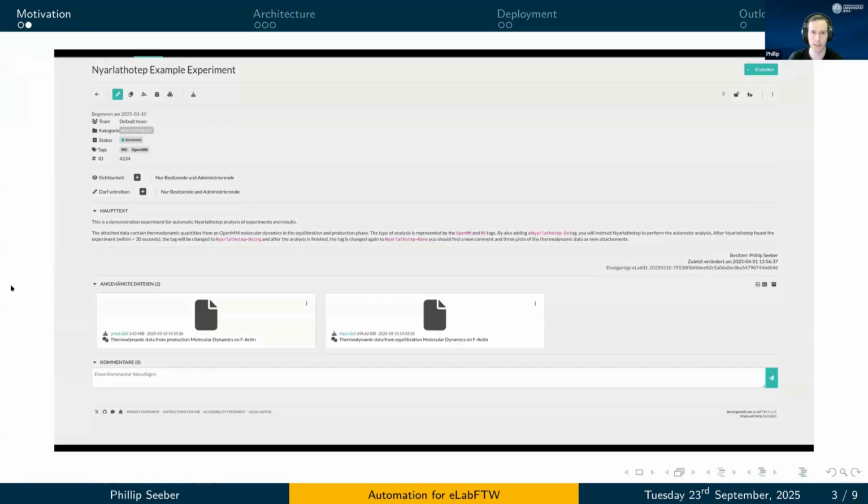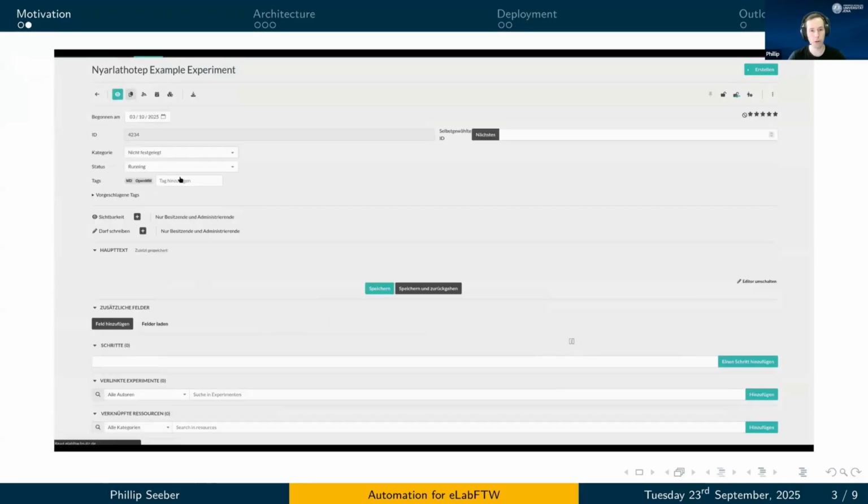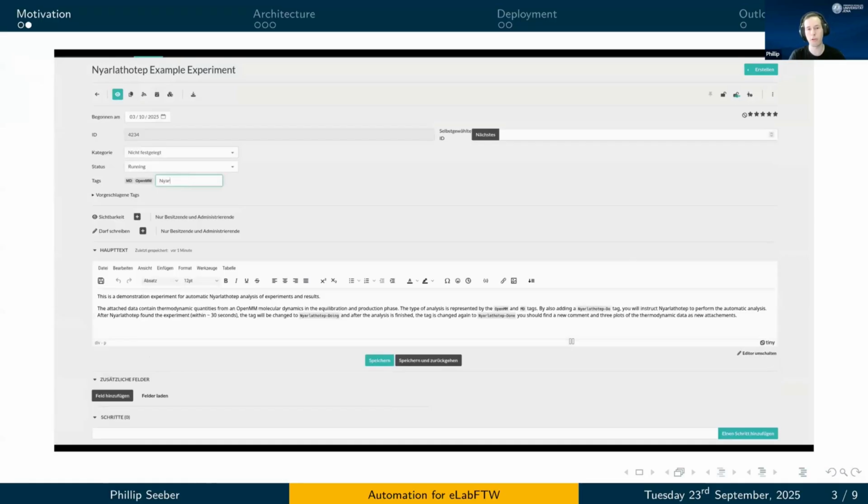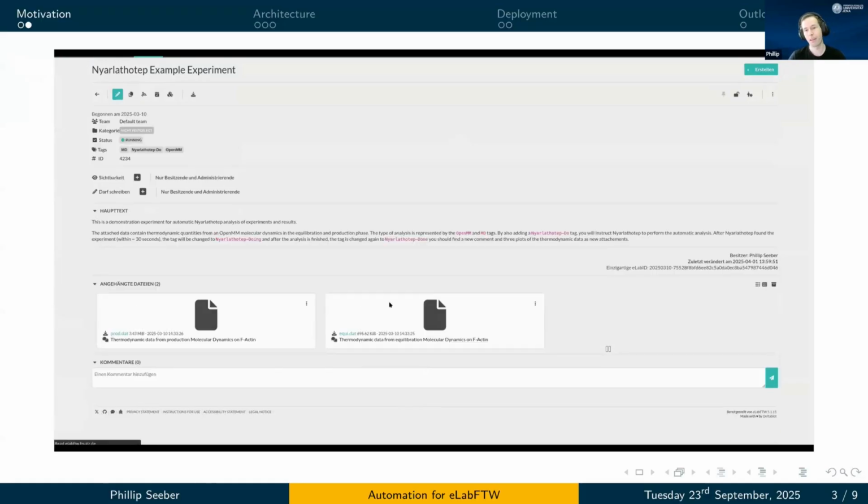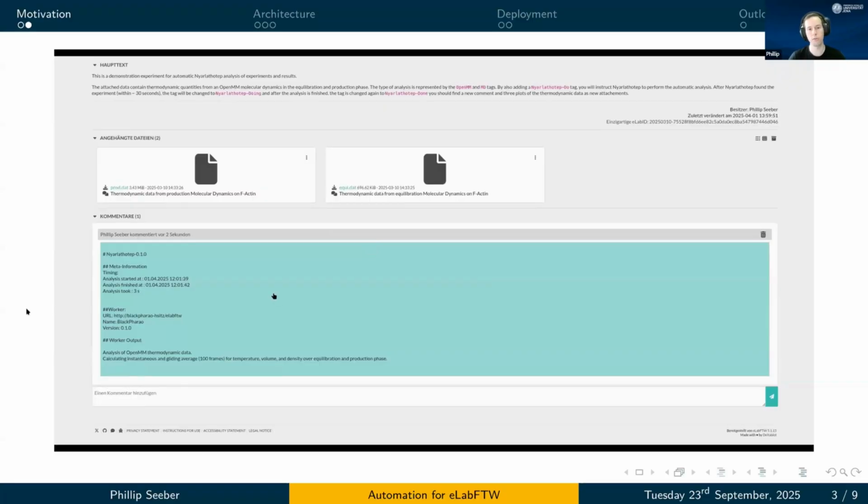So we have an example here. This is some molecular dynamics data, but that doesn't actually matter. And to make such a thing be recognized by Nyarlathotep, we have to add a magic tag, which is called Nyarlathotep do, and instructs the backend to grab that job and select a workflow based on the remaining tags of the experiment. You see the tag now changed to Nyarlathotep doing, and soon afterwards you will get a comment